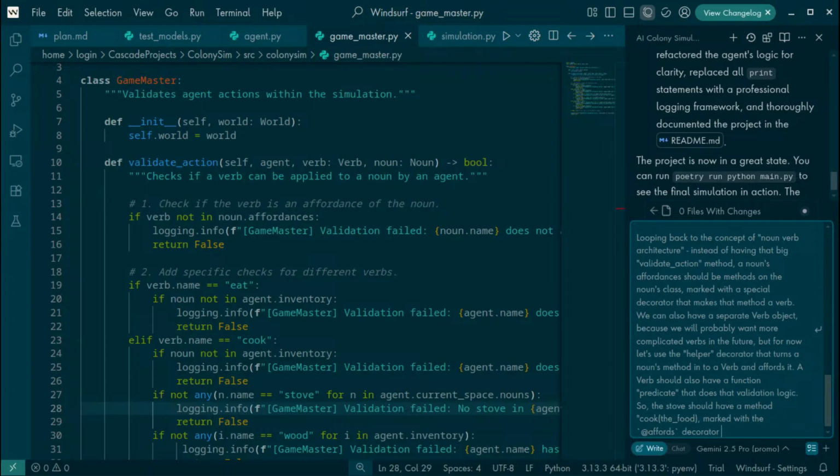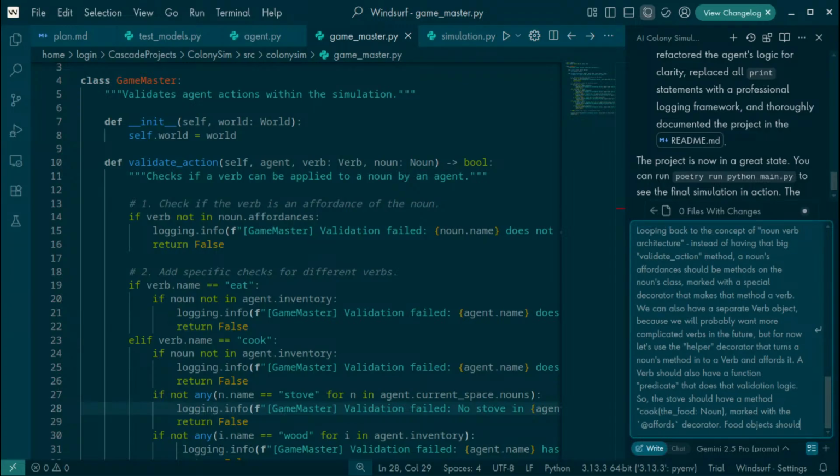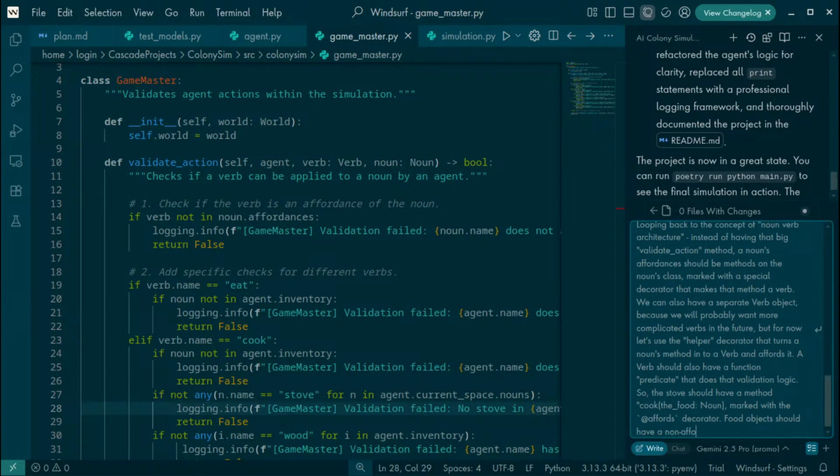The food noun marked with the affords decorator. And the, let me think. Food objects should have a non-affordance method.